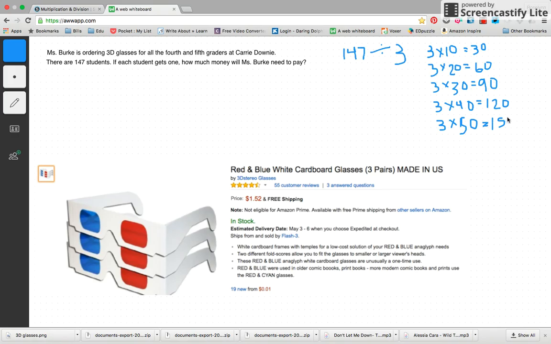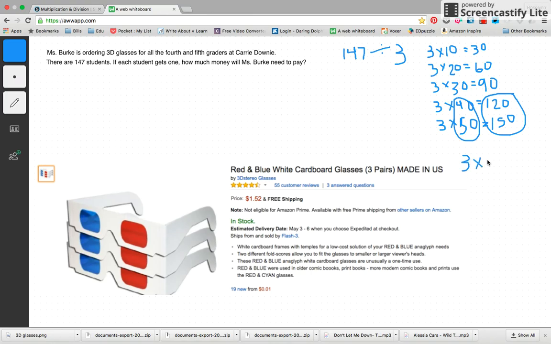Since I am looking for 147, how many groups of 3 are in 147? It's going to be somewhere in between here. So it's going to be between 40 groups and 50 groups. And it's actually really close. 147 is really close to 150. So I'm going to go ahead and go with 3 groups of 50,